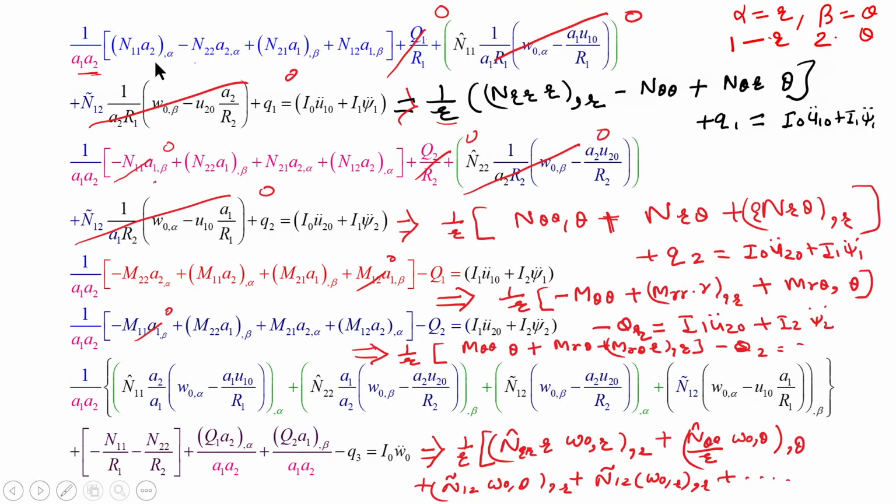So, NRR, A2 is R, derivative with respect to R, definitely it will exist. Then A2 comma alpha, R comma alpha. So, basically A2 is R. If you want to take the derivative of A2 with respect to alpha, R, what will it be? It will be a constant 1. Yes. So, this term will contribute here, and 2 means n theta theta, A2 comma alpha will give you 1.